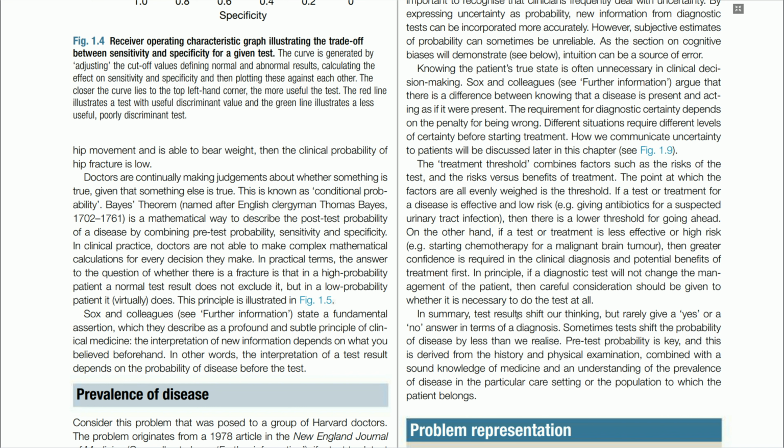In summary, test results shift our thinking but rarely give a yes or a no answer in terms of diagnosis. Sometimes tests shift the probability of disease by less than we realize. Pre-test probability is key, and this is derived from the history and physical examination combined with a sound knowledge of medicine and an understanding of the prevalence of disease in the particular care setting or the population to which the